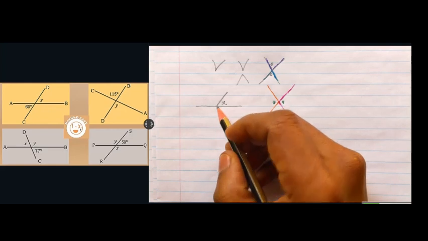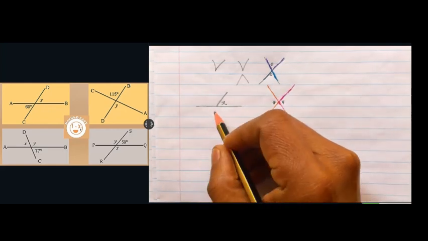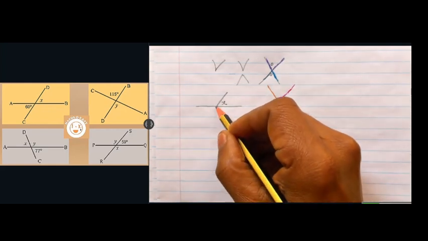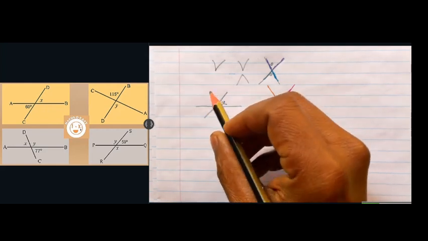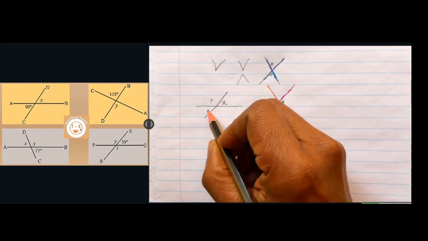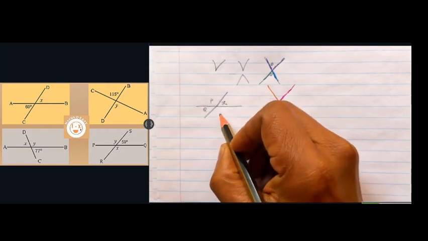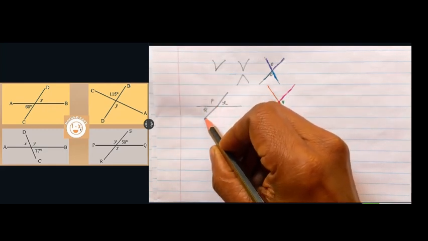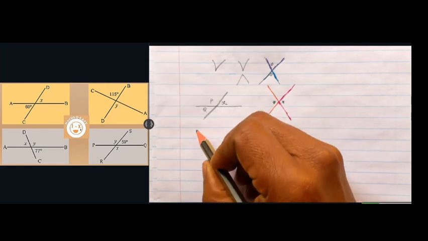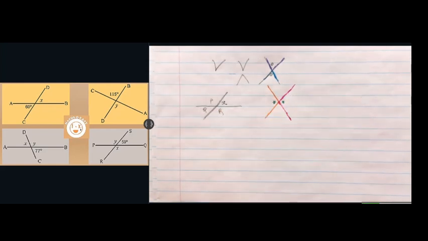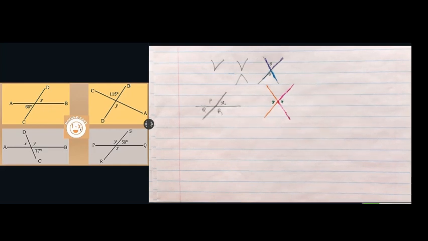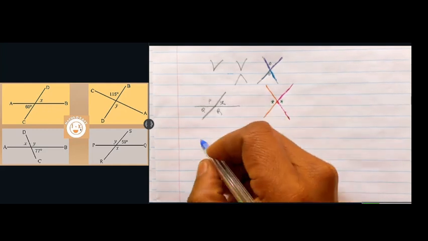If I have, I'm going to use different alphabets. So if I have P and I have Q and I have, okay, this is supposed to be straight. If I have P, Q, R, can I say P is vertically opposite? No. Okay. Right. So P